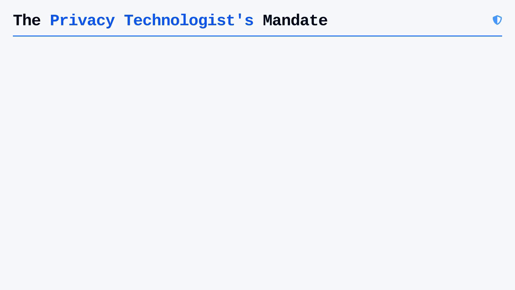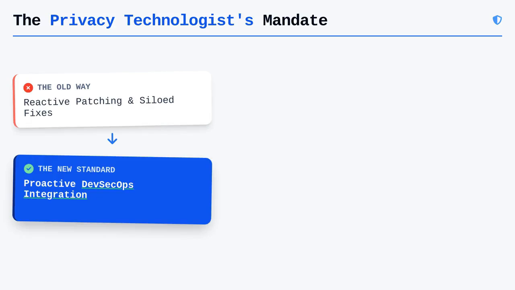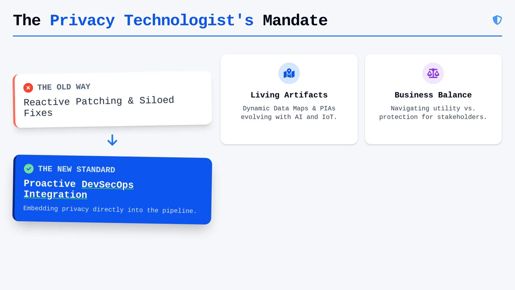As you step into your professional role as a privacy technologist, recognize that the certification is merely the formal acknowledgement of a set of skills that must be applied continuously. Your mandate as an engineer is to embed privacy directly into the DevSecOps pipeline, moving away from reactive patching toward a proactive, built-in posture. The technical artifacts you produce, such as data maps and impact assessments, serve as living documents